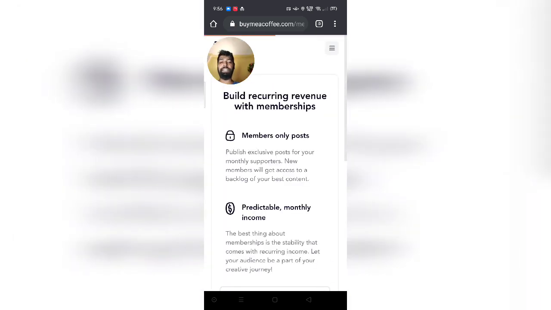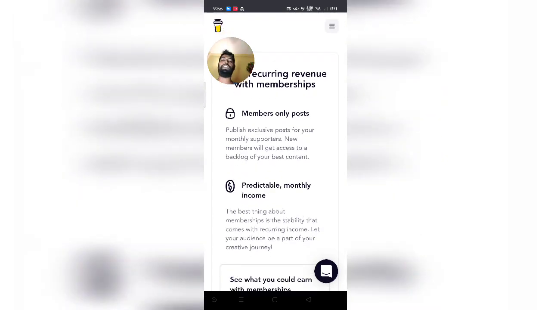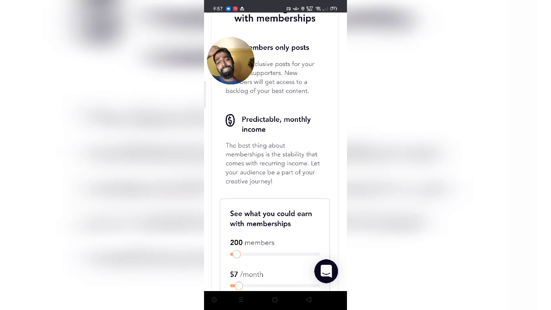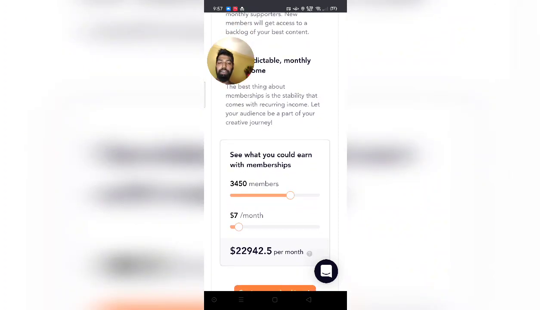Apart from that, you can create memberships on a monthly basis or a yearly basis. So when I say membership, it can be exclusive posts for your members. It could be videos, it could be some text, it could be some research or something like that. Apart from that, the best part I like about BMC is this predictable monthly income monitor. It's a calculator basically. It allows you to understand if you offer a membership for 50 members on a monthly basis, how much you would make. If you set up the minimum cost that they have to pay for $7, for example, you will make an amount of $332 per month. If you set it to the lowest, it's going to be $142 per month.